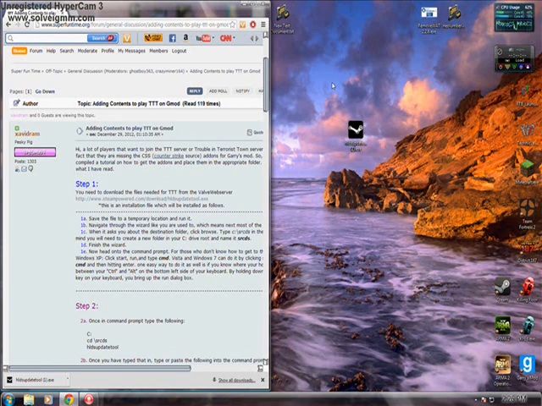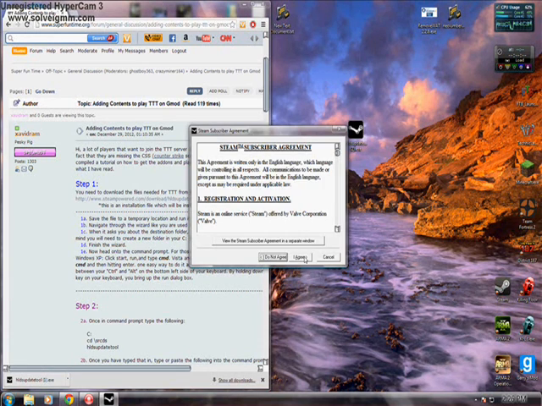So first thing we got to do, step one, is download the actual application. I've already downloaded it and placed it onto my desktop. Once you have it on your desktop, or it doesn't matter where you have it, but have it somewhere where you can launch it. I'm going to run the program, bring it up,